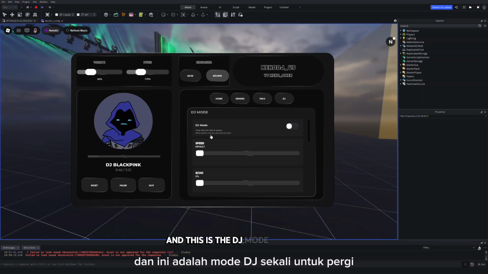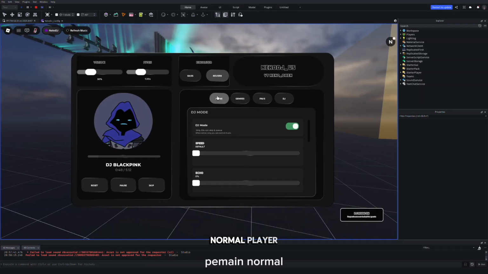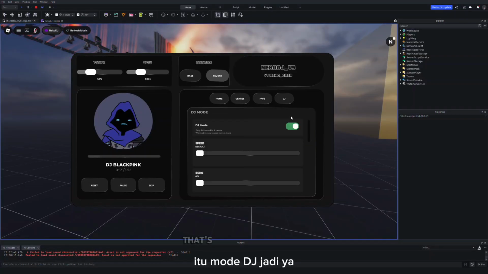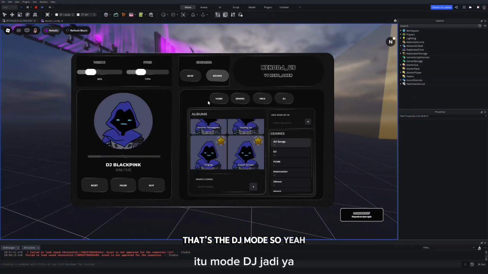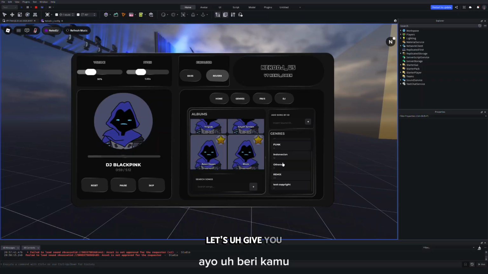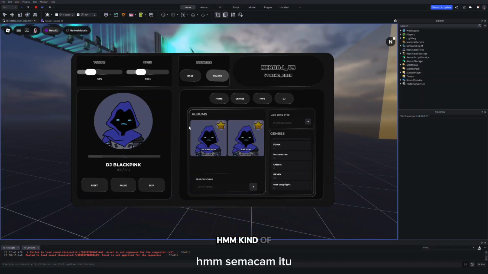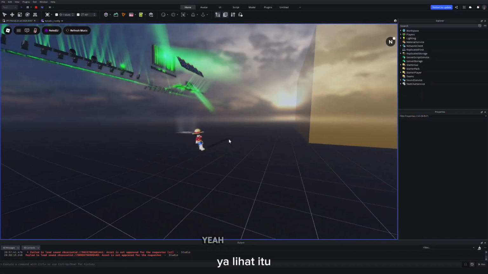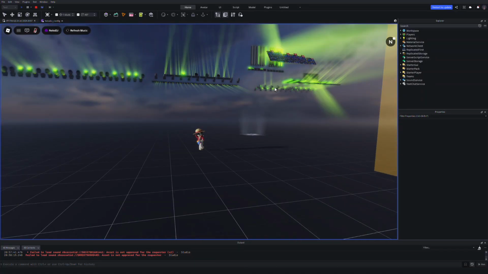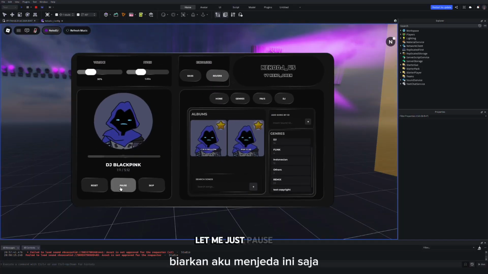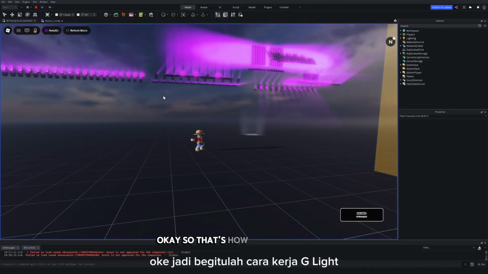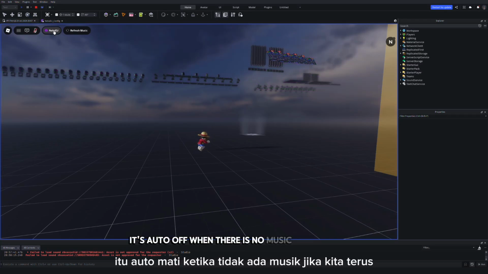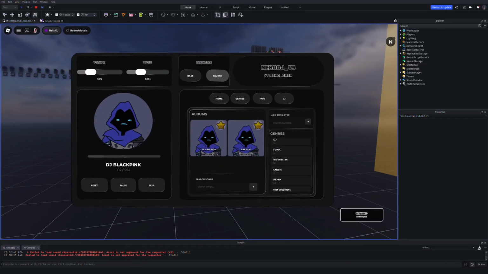And this is the DJ mode. Once turned to gold, normal players cannot request music or add music to the queue and such. That's the DJ mode. So yeah, let me just give you a side. Yeah, look at that. Let me just pause this. Okay, so that's how the G light works. You can see it's not reacting, it's auto off when there is no music. If we continue,